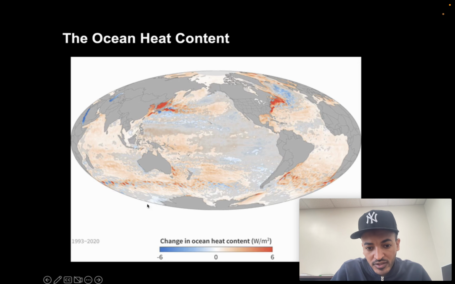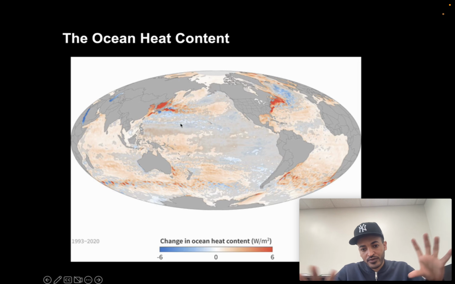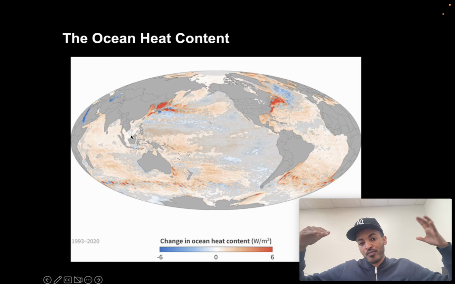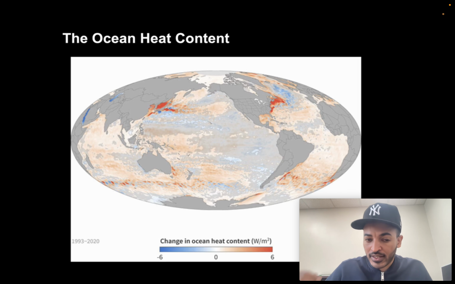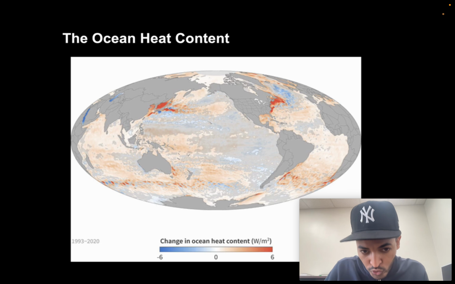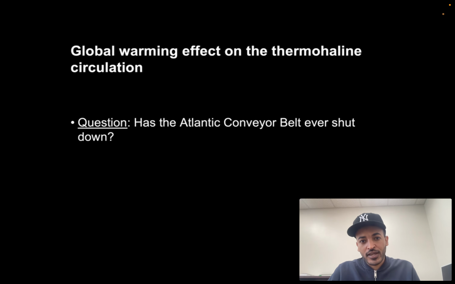So the ocean heat content, of course, changes across the different oceans. They have different amounts of energy absorbed by the oceans that we see. Like the climate, some places are warming much faster, and some places are warming relatively slower compared to others. Then we also see these differences when we're looking at the ocean, right? Okay, so